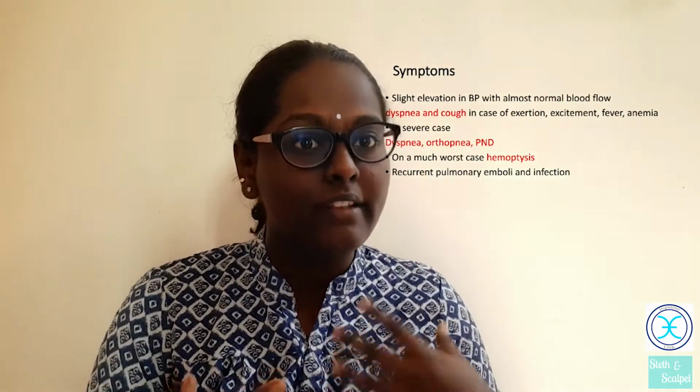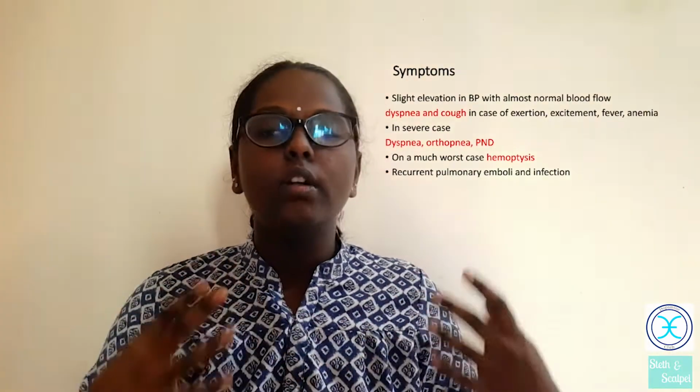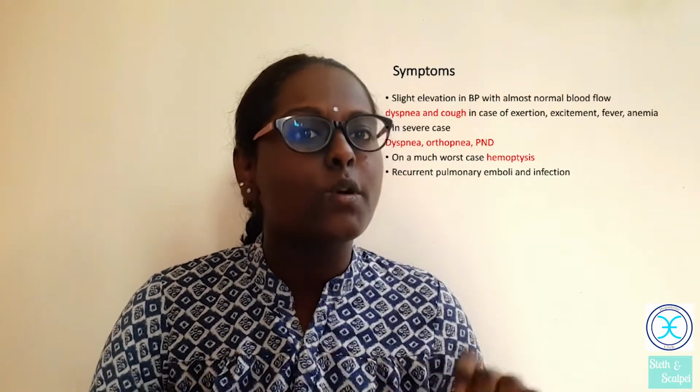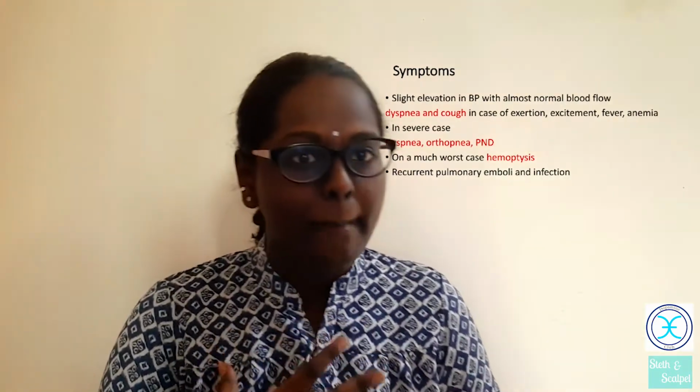The person also suffered from recurrent infections and thrombosis. These people kept getting infections during the winter season, and also got hemoptysis because of high pressure in the lung circulation, like the pulmonary artery and pulmonary vein. Because of that, small veins and small arteries got obliterated or ruptured, and hemoptysis took place. This happens only in later stages. So these are some of the symptoms of mitral stenosis.